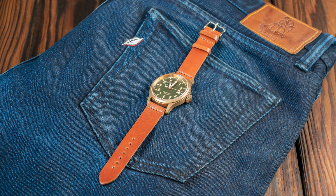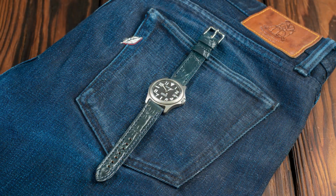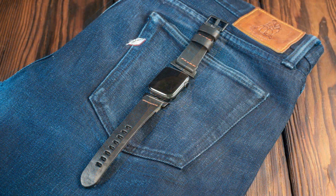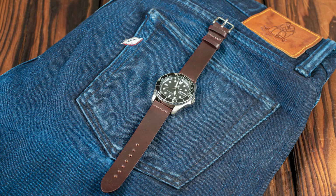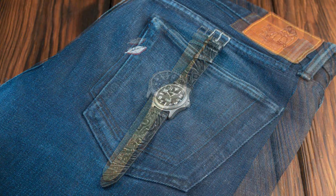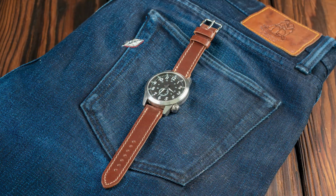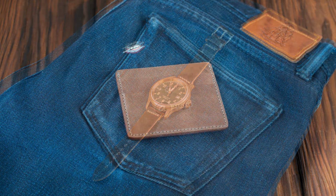We have an amaretto shell Cordovan watch strap, a black shell Cordovan watch strap, an intense blue shell Cordovan with an alligator print watch strap, a raw shell Cordovan watch strap, a black Dublin Apple Watch band, a color number 8 shell Cordovan two-piece strap, a black marbled shell Cordovan strap, a black shell Cordovan with a Western texture strap, a color number 4 with a hatch grain print watch strap, a Cigar shell Cordovan watch strap,